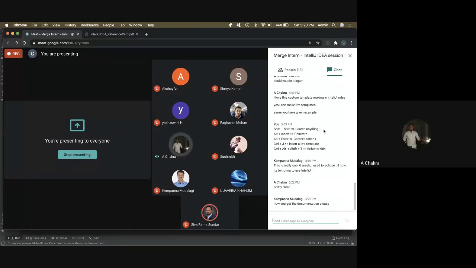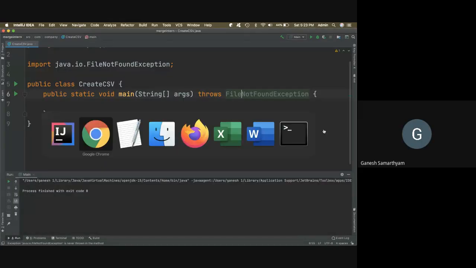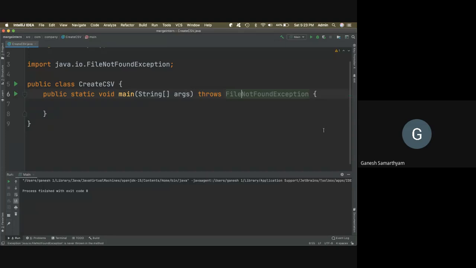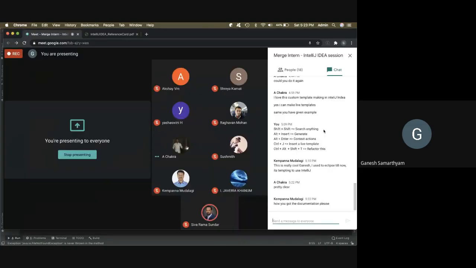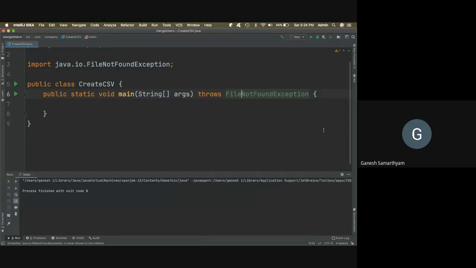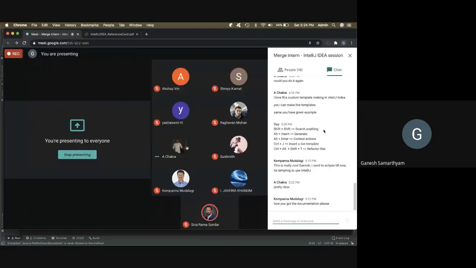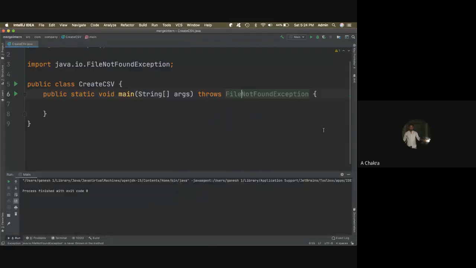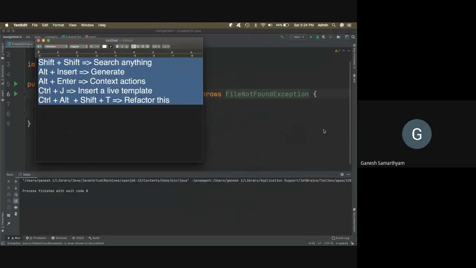How can I do that? For two instances of IntelliJ IDEA, you can do it with your normal operating system based switching. Okay, Command Tab. Yeah, I'm using Command Tab for this. Which OS are you using, Chakra? Mac. Okay, Mac. So in that case, it will work.